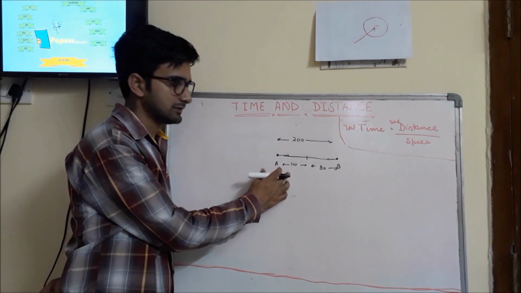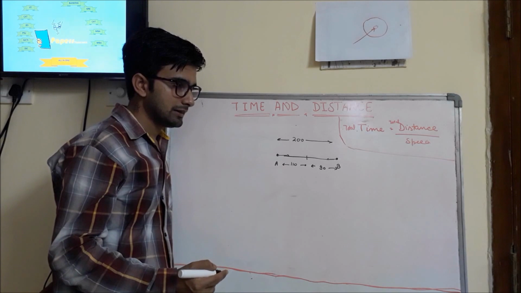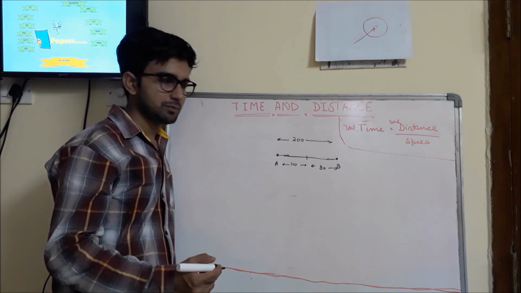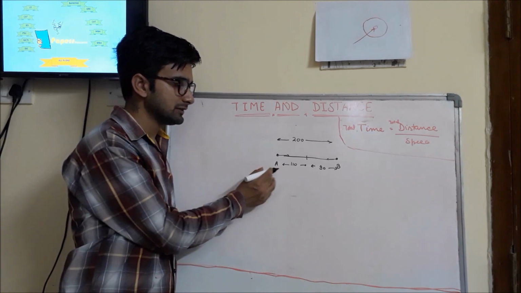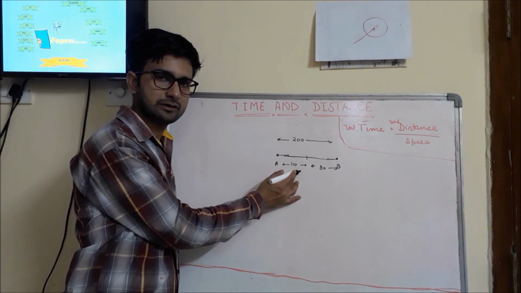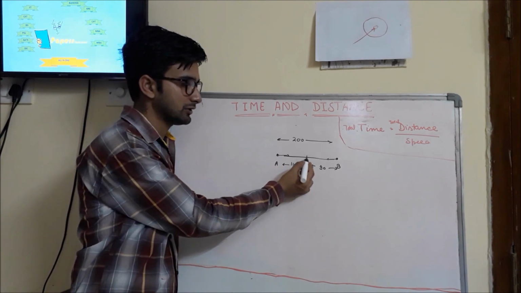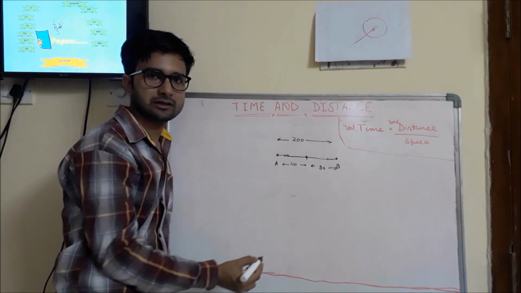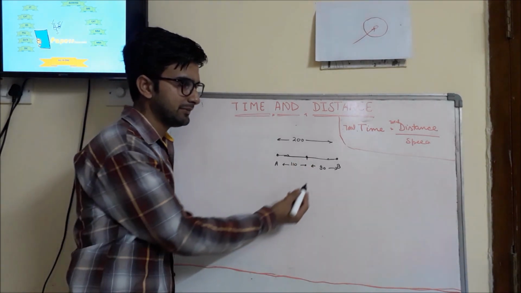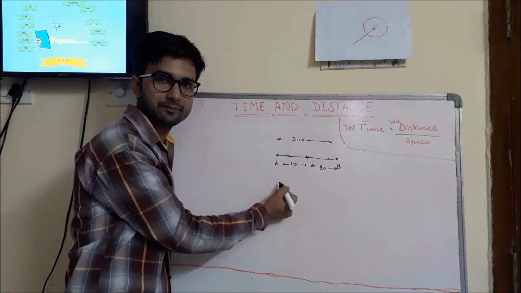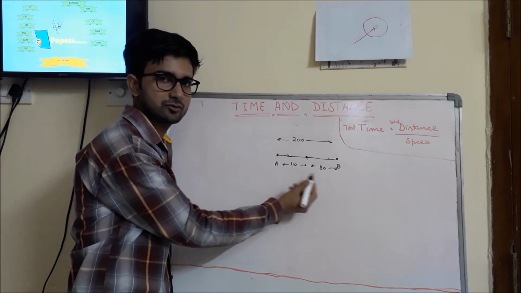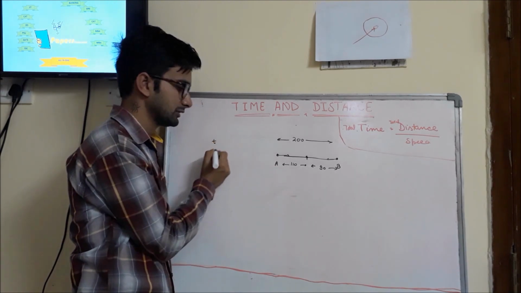We know the distance, so let's think about what the problem says. The problem says that the first train covers 110 kilometer and the second train covers 90 kilometer, because only then can they cross each other at this point. It means the time taken by both the trains is the same. That gives us a clue over here. So T is the same for both the trains.